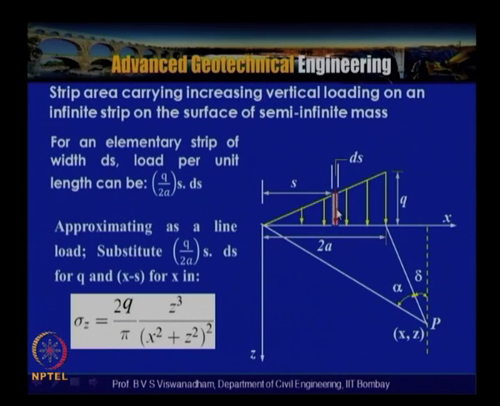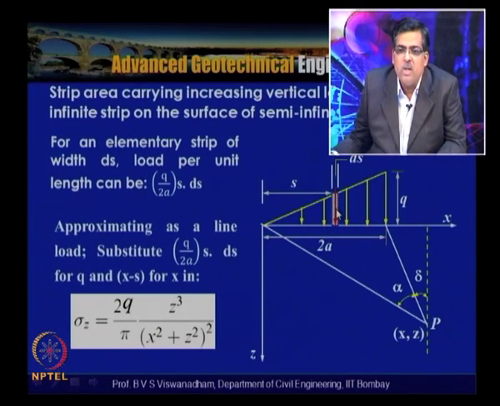and that is the load intensity. The load intensity at that particular point into ds will give the load per unit width, so what we do is that we treat it like a small line load. Now, let us assume that this distance is s. So, when this is equal to s, then this will be equal to x minus s. Now, approximating as a line load, a line load of certain intensity running over infinite length, the intensity of this line load is nothing but q by 2a s into ds.